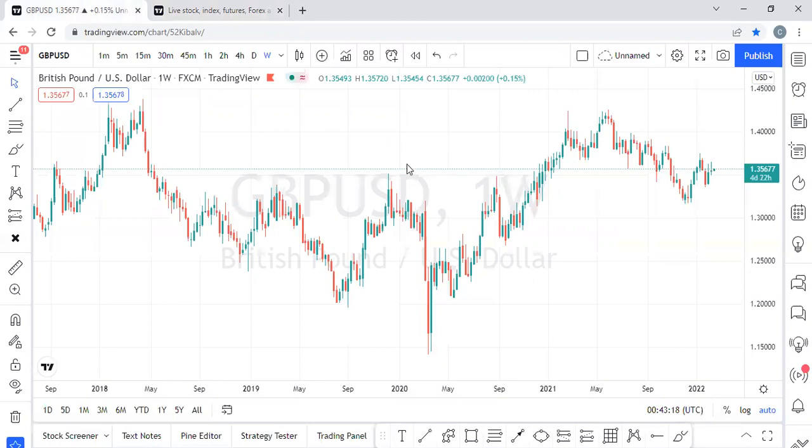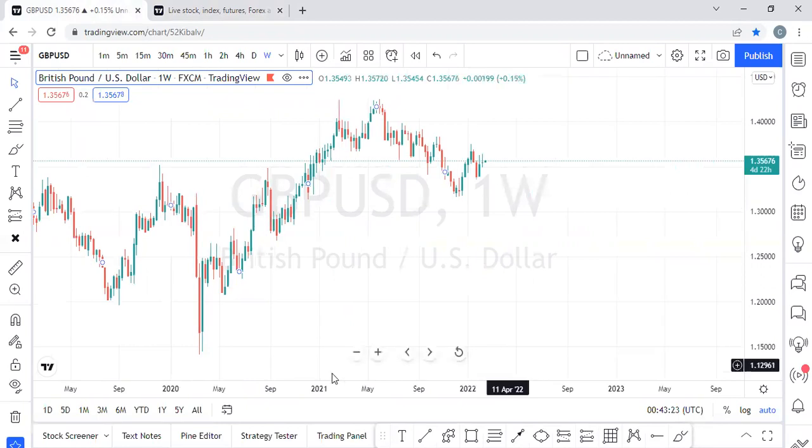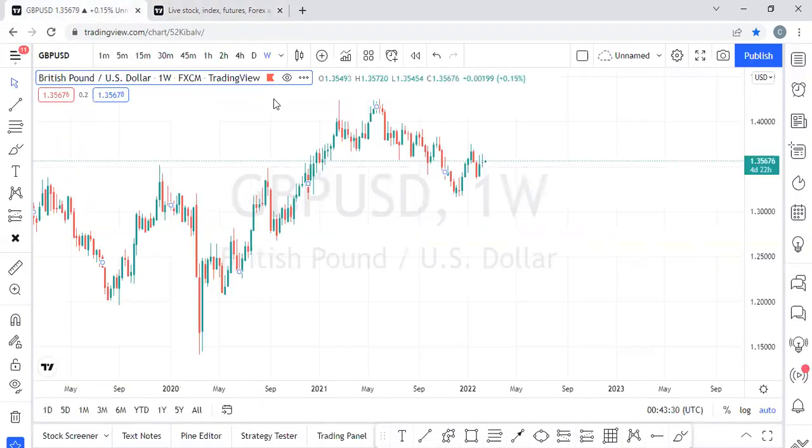Then we can now look at GBPUSD, right? Let's start with the weekly time frame, right? This is the weekly time frame now. From what I can see, while the dollar index loads up, let's not waste any time. Okay, it's loading up. While it loads up, let us look at the weekly time frame, right? So